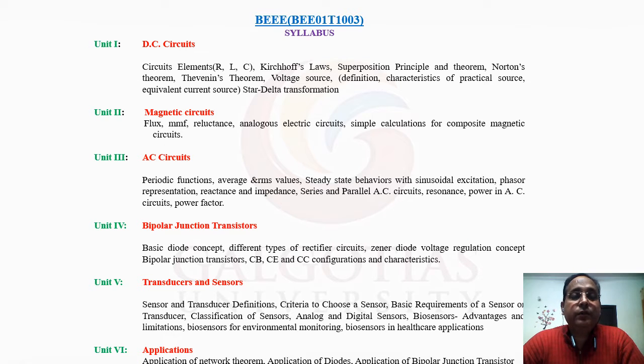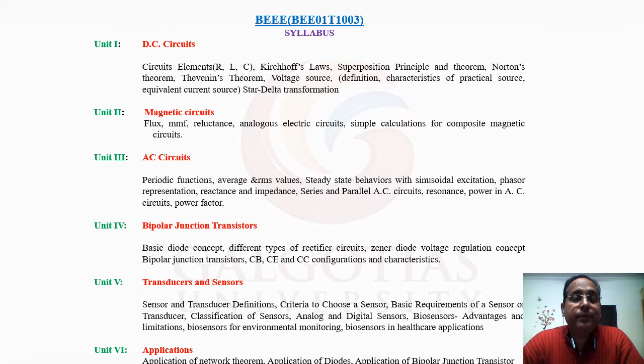the second unit we have to take care about the magnetic circuit. In that we have to take care about the flux, MMF, and so on. And the third unit is especially for the AC circuit. In that we have to take care about their average value, RMS value, their power, their series and parallel AC